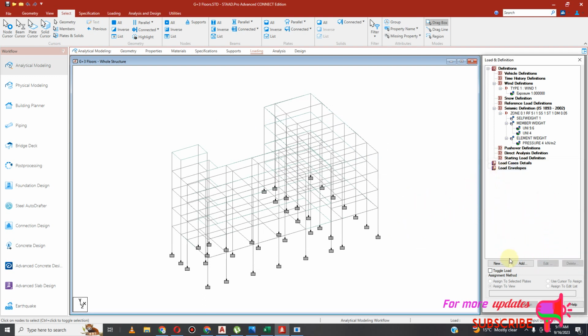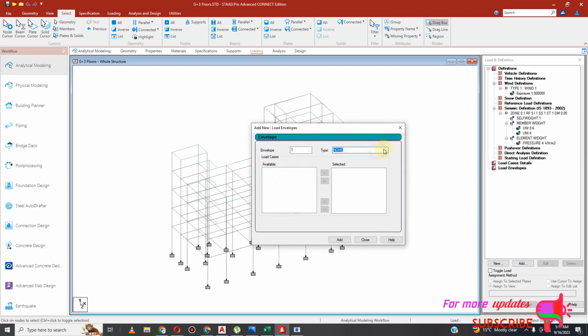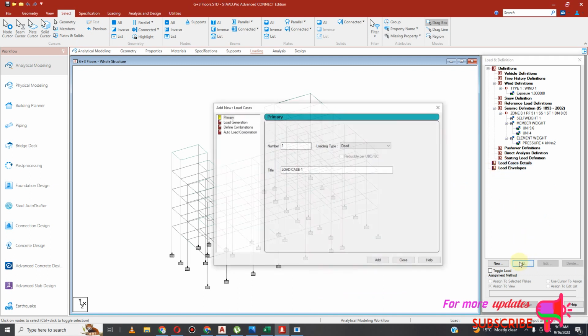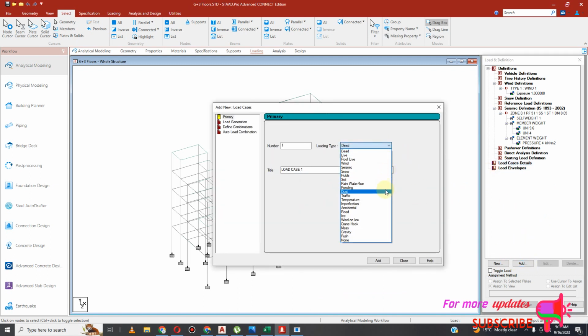So add seismic, add, seismic, PQ, add, PQZ, add,